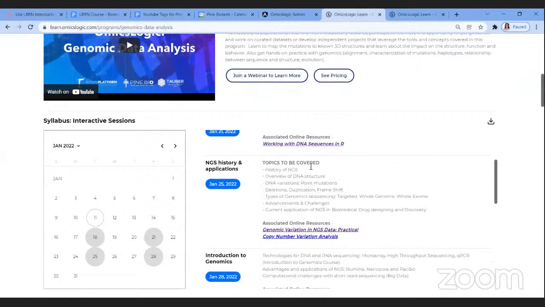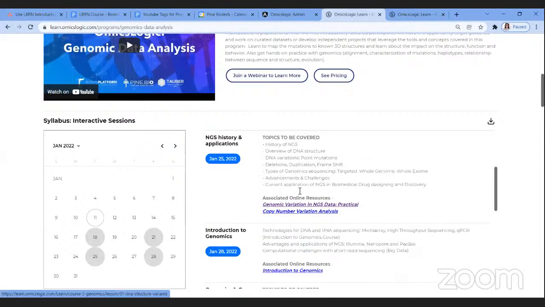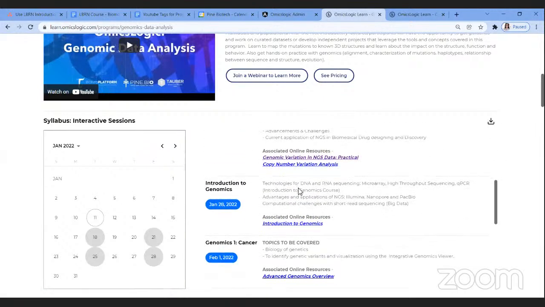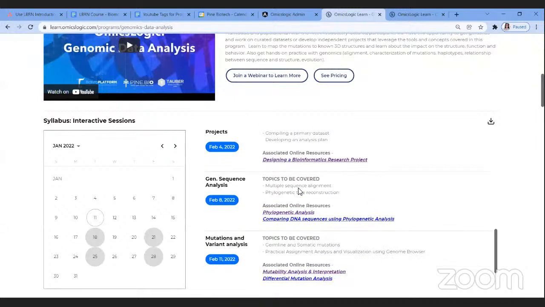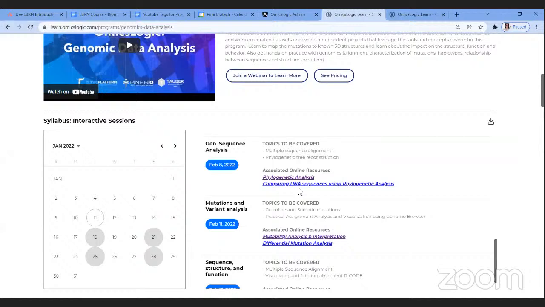And also here on the program page itself, you will find all the sessions. And once the session is completed, the recording of the session will be uploaded here under each session itself, so that you can go to the recording at your own pace. So let's say if you're not able to join a particular session, or you were not able to go through the complete live session, you can definitely look at the recording once again after the session is over, or